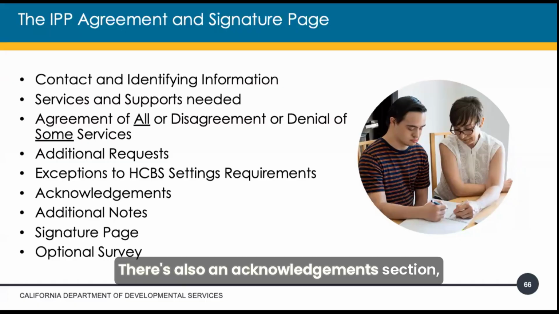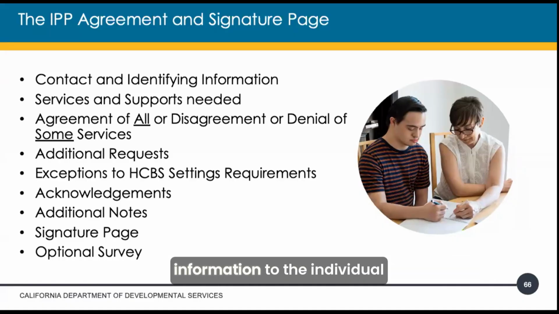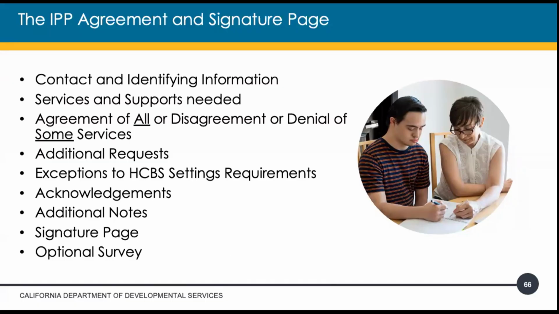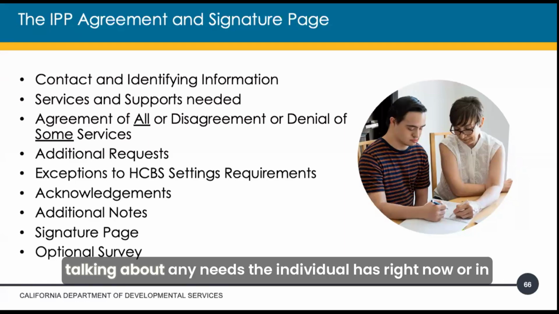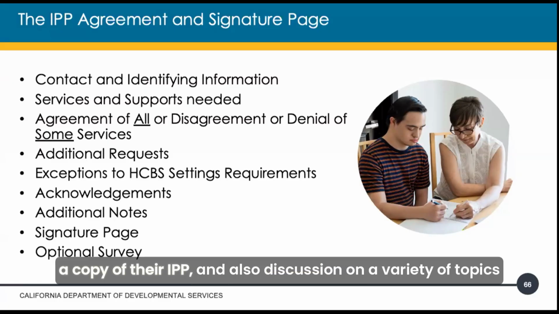There's also an acknowledgements section, and this section of the agreement form verifies that the service coordinator has provided all required information to the individual and their family, if applicable, at the time of the IPP meeting. This includes getting a copy of all the services and supports that the individual received the previous year, talking about any needs the individual has right now or in the future, the date of the next IPP meeting, how the individual would like to receive a copy of their IPP, and also discussion on a variety of topics that are